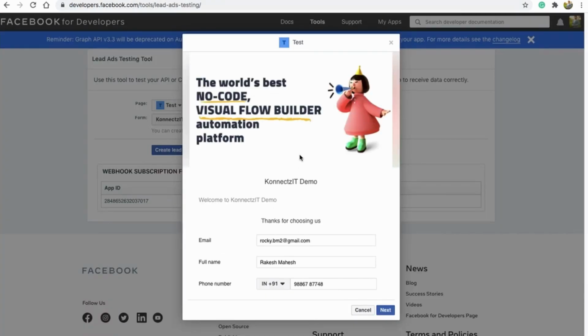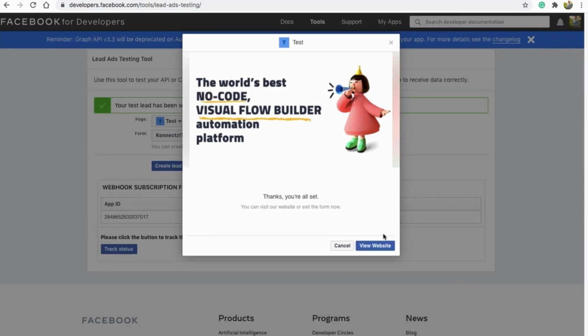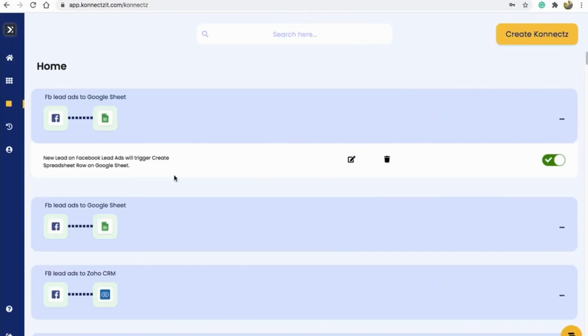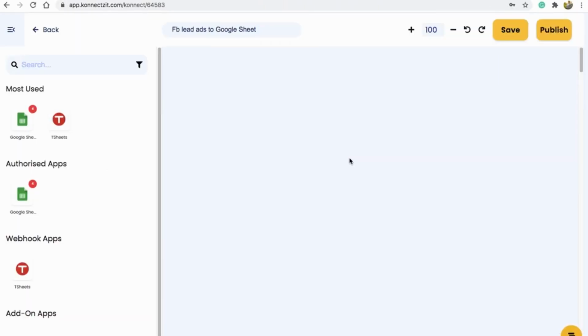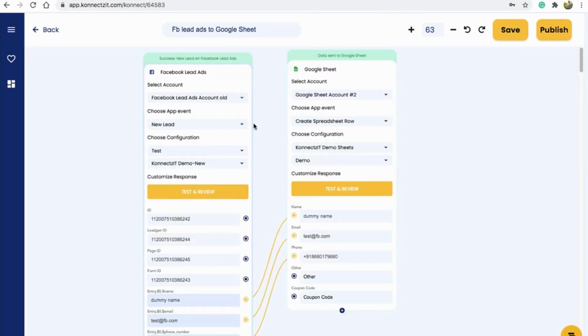So this is my form. I already filled the content. So I will click on submit my form. So I submitted my form. So now as per our connect, I will wait for the records inside Google Sheet. Yes, guys. So you can see the record has been added inside my Google Sheet. That is the name, email, and the phone number, whatever the form filled as per our connect. So whenever there is a new form filled inside Facebook lead ad, this will add a record inside Google Sheet.